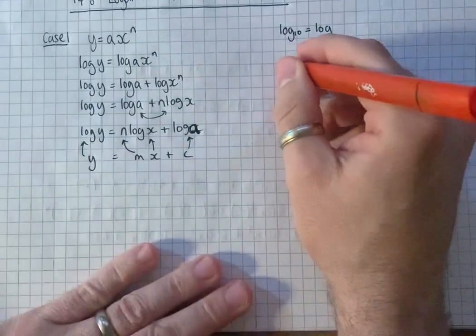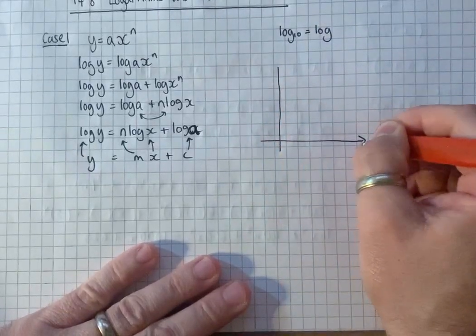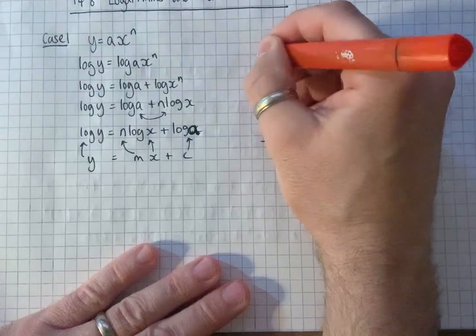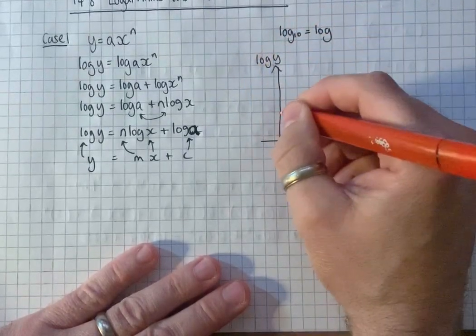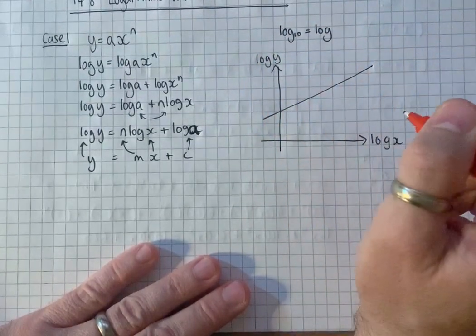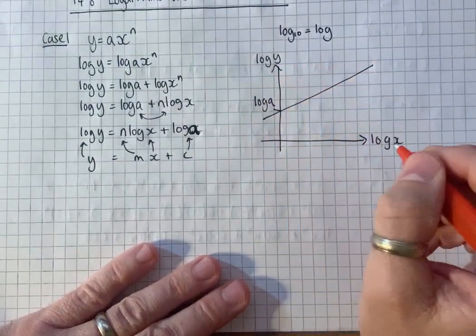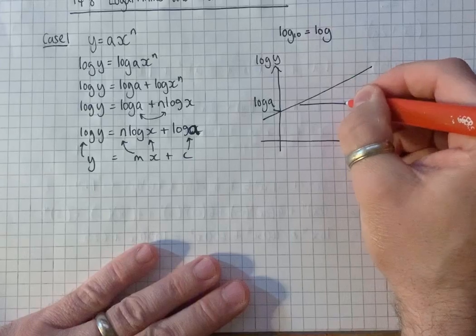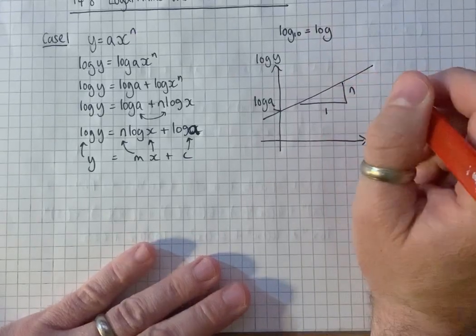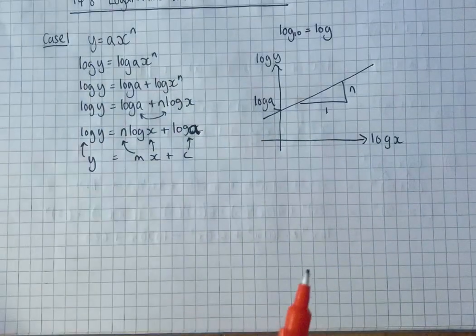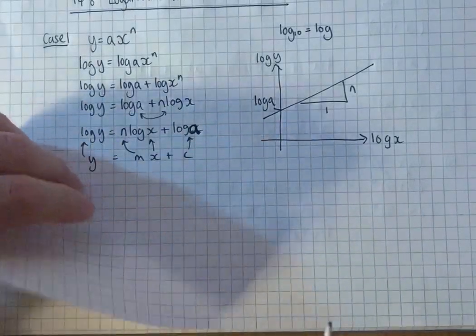Okay, so in terms of a graph, we would have log x on the horizontal axis, log y on the vertical axis, a straight line graph where the intercept is log a, and the gradient would be n, the power in the original exponential graph. So if we now look at example 19,